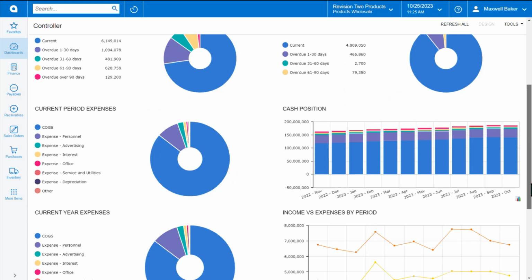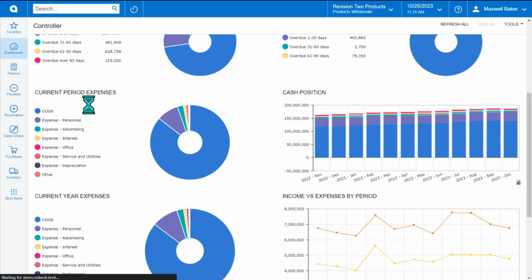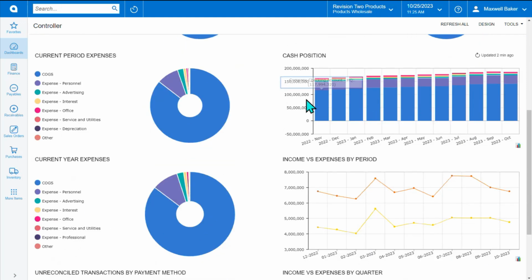Scroll down a bit more. I can then measure in a donut the current period expenses. And this is looking at the month to date and the current year expenses. I can show the cash position for the company. And here I've got a line chart that shows me the income versus expenses. Note when I highlight over the different months, a little pop-up tells me the information for each of the things